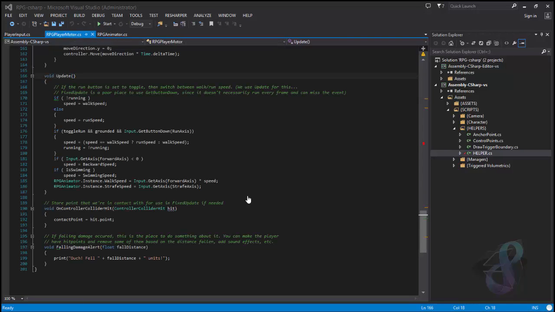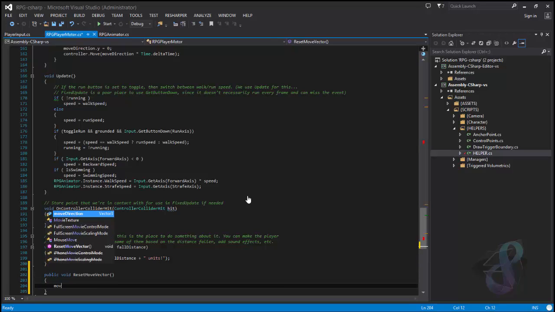First things first, I will add a method that will be public. So public void reset move vector. Okay, here simply enough I will say move direction equals to vector3.0